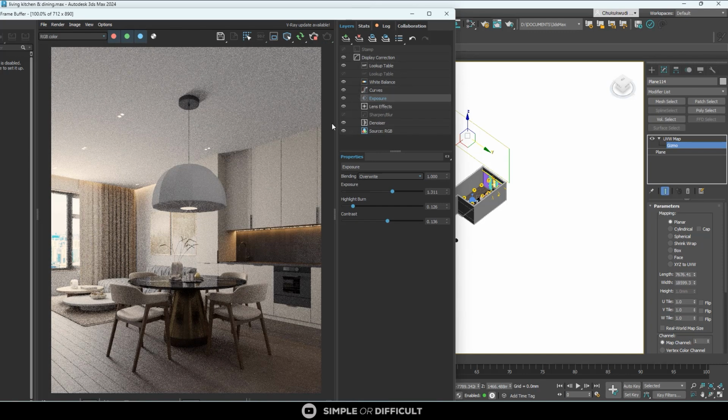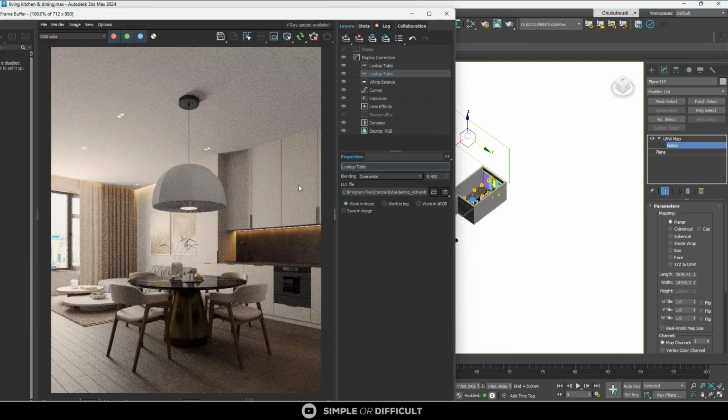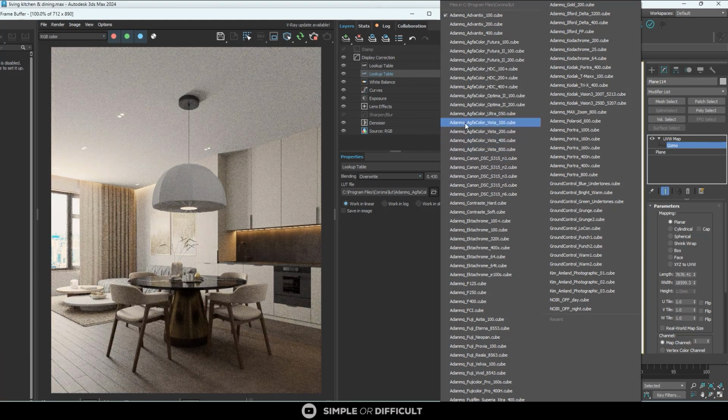So the next thing I want us to do is to add color lookup table. Okay. You can add color lookup table. When you select it, you will now come over here and find and set your file location. All right. So I set mine to my Corona lookup table. Now, when you do that, you can now come over here and just be hovering around to find the most suitable lookup table for your